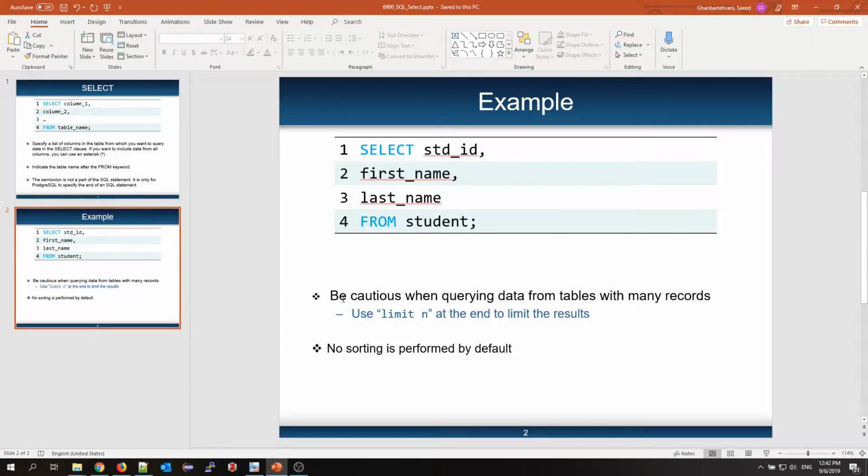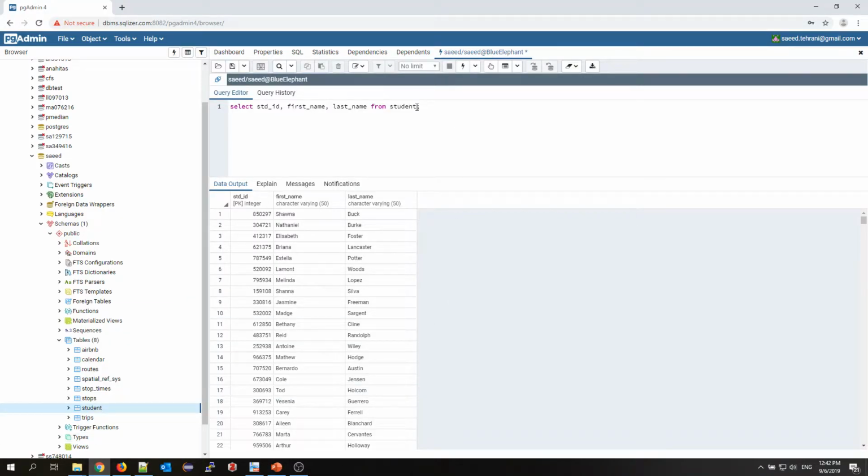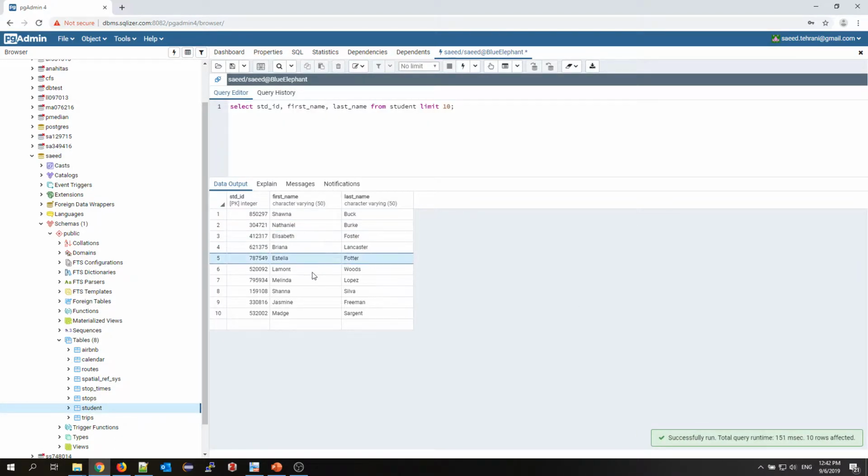One way to limit the number of records that a select query returns is to use the limit clause. Limit comes at the end of the query. For example, in this query, if I just want to see the first 10 rows stored in this table, I can add limit 10 at the end of the query, and then after running this query, I only get 10